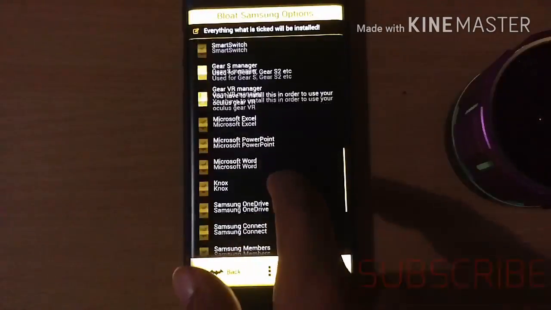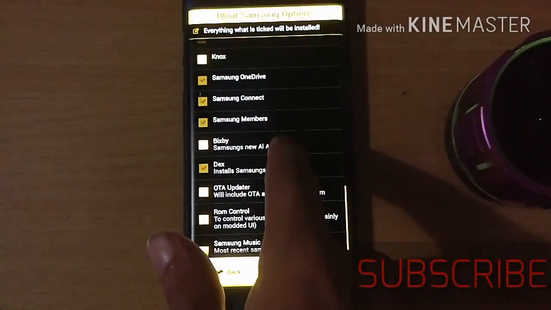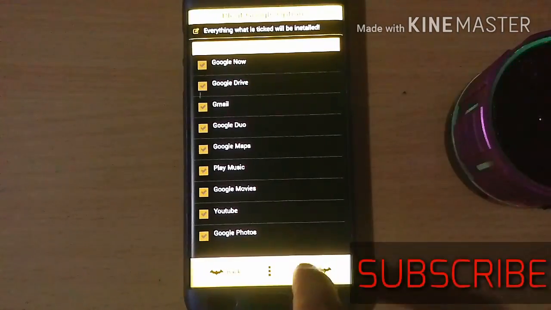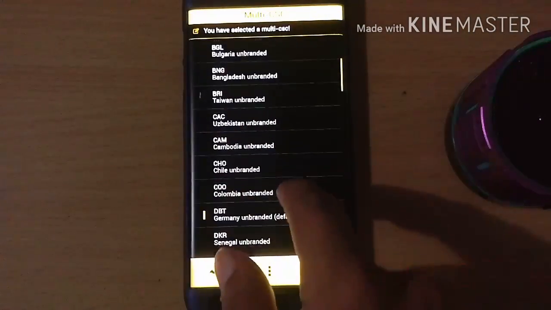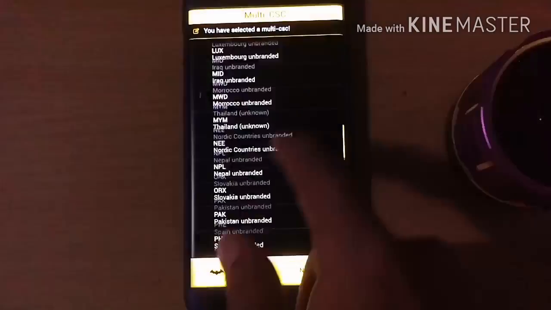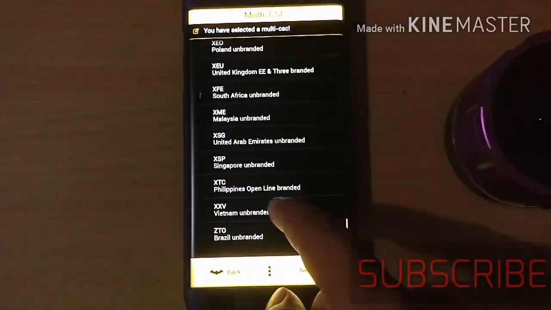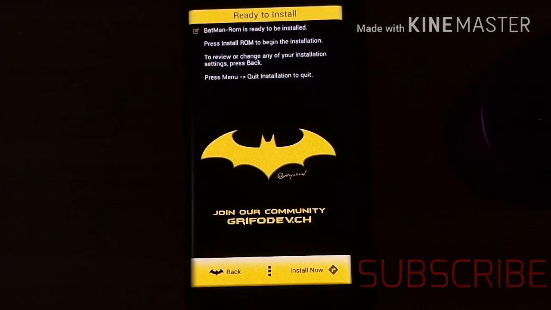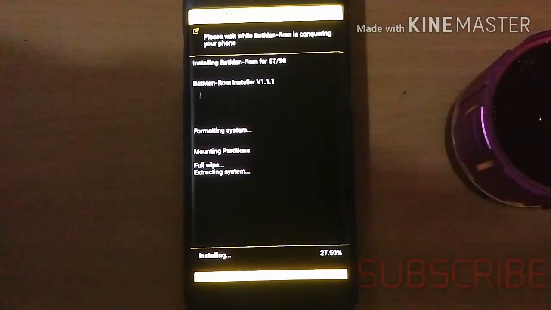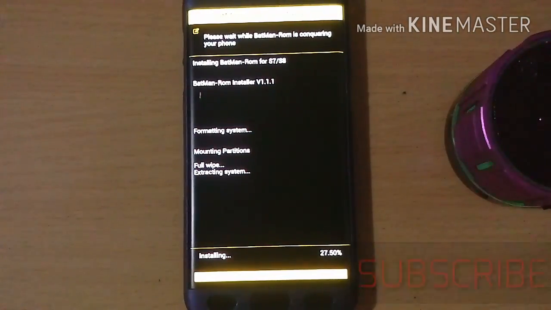Keep going on. You have to choose what applications you want to install. You have to select Bixby. You can install other applications as you like, but you have to install Bixby for it to work. You have to select any version of CSC, as we have installed. Reinstall it,